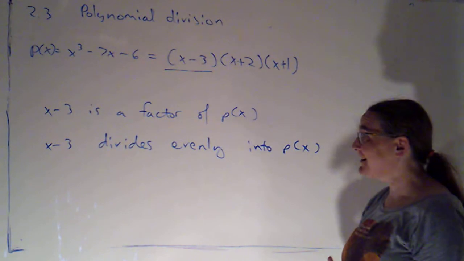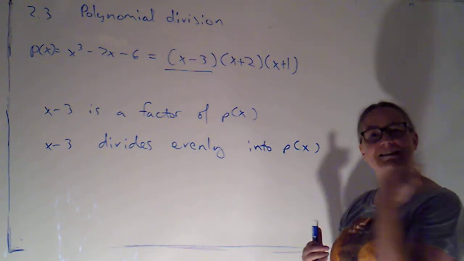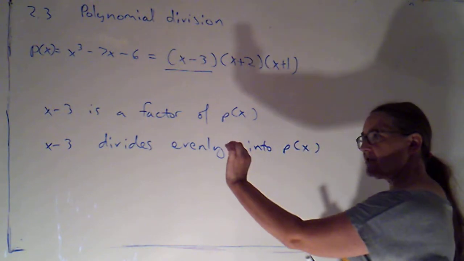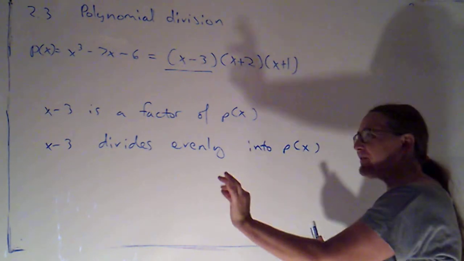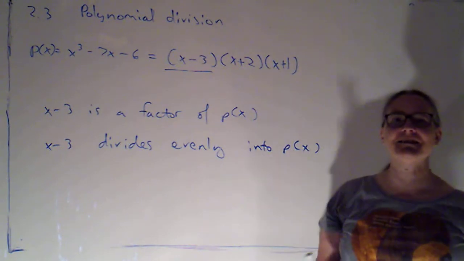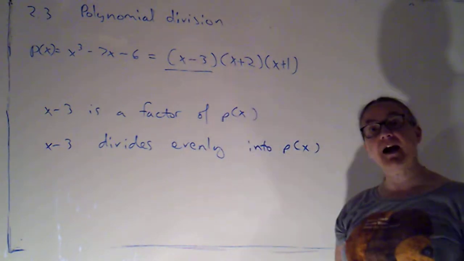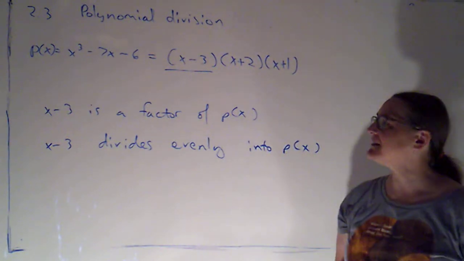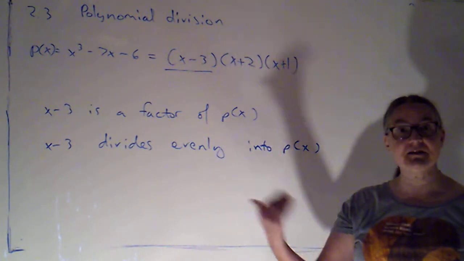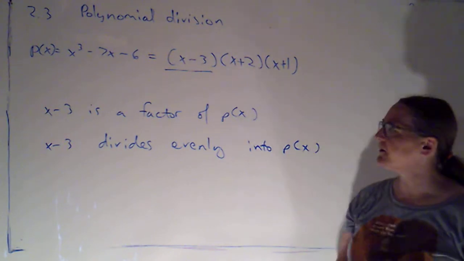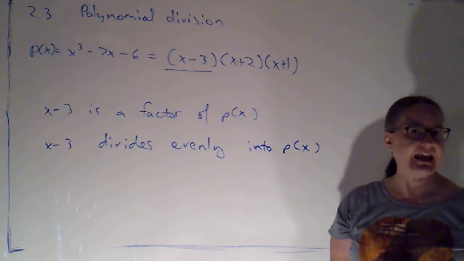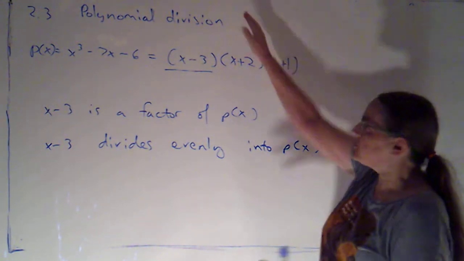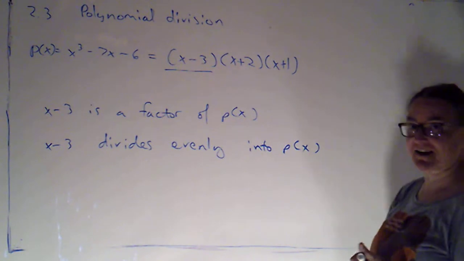If we're graphing, that's incredibly useful, because that gives us the location of the x-intercepts. And the x-intercepts are the only places where the graph could possibly cross the x-axis. So the x-intercepts divide the polynomial into subintervals along the x-axis where it's consistently either positive or negative. So very, very useful in solving equations and in graphing. All right, so it's because division is so linked to this factoring process that we want to take a